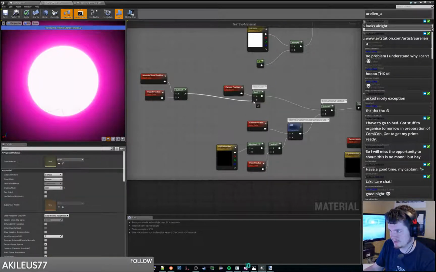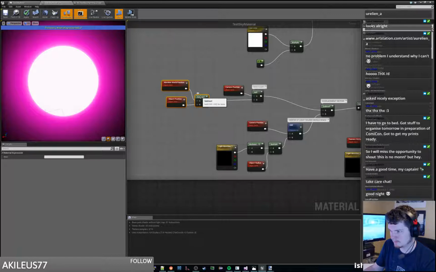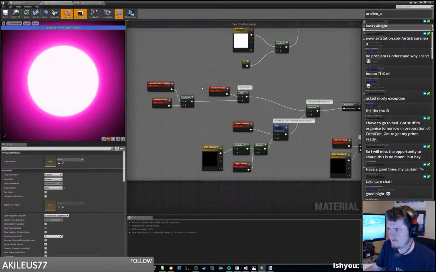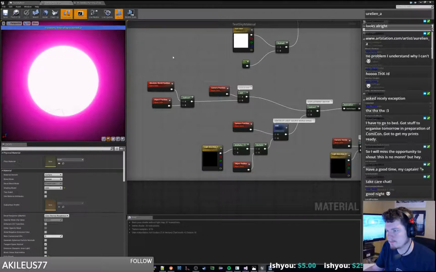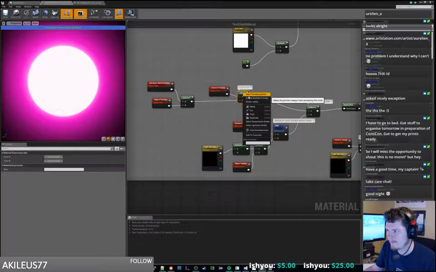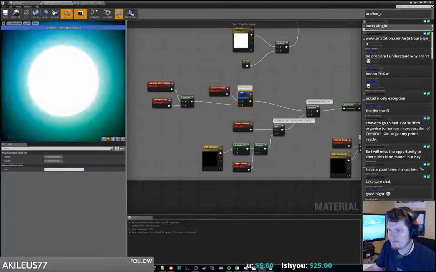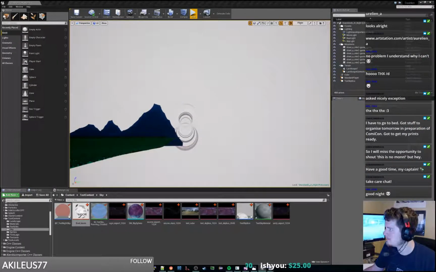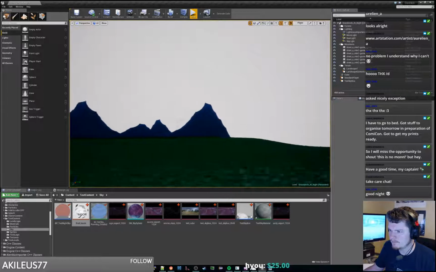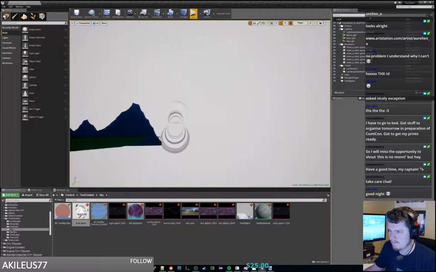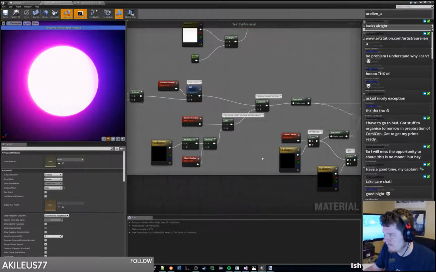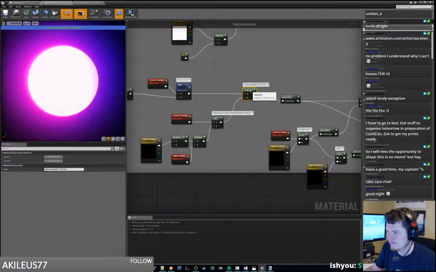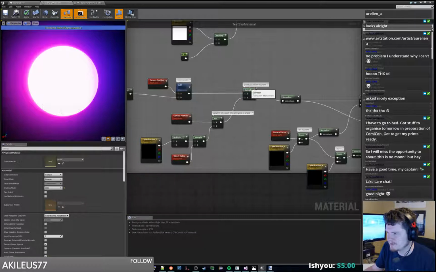We can just add that to our camera position directly. So this vector should be between